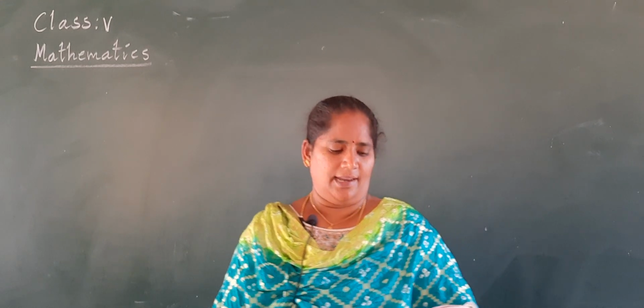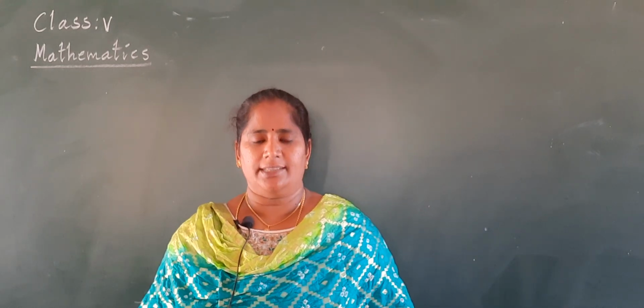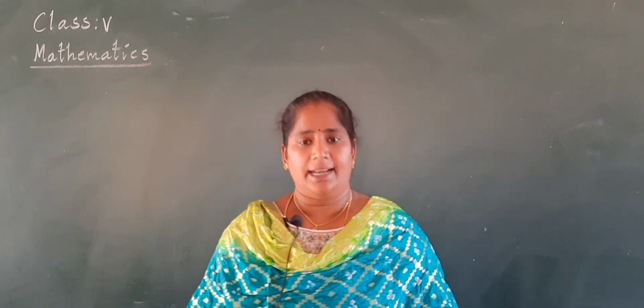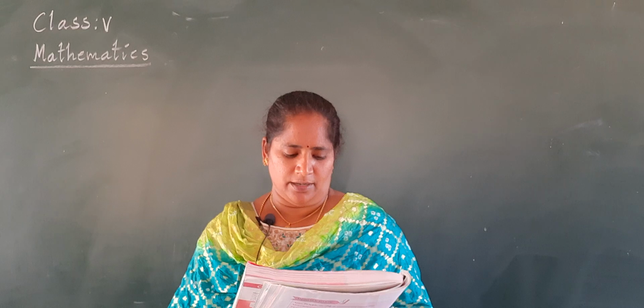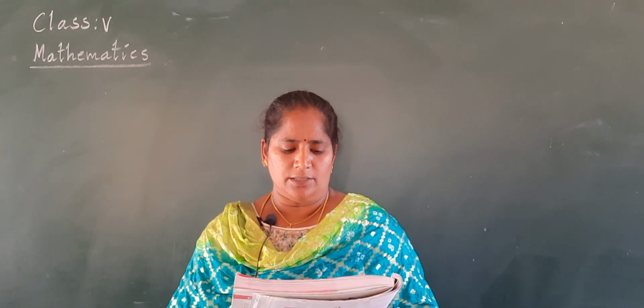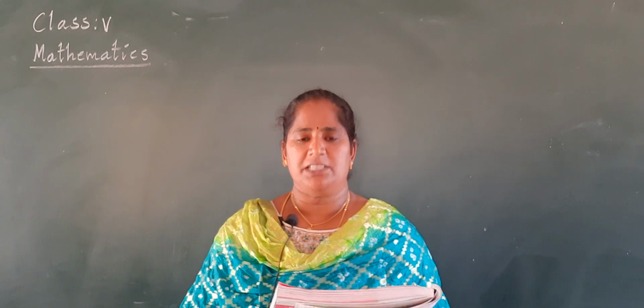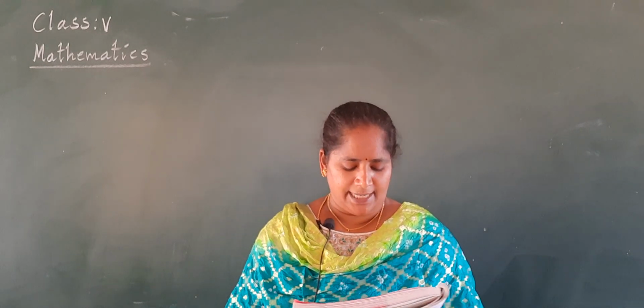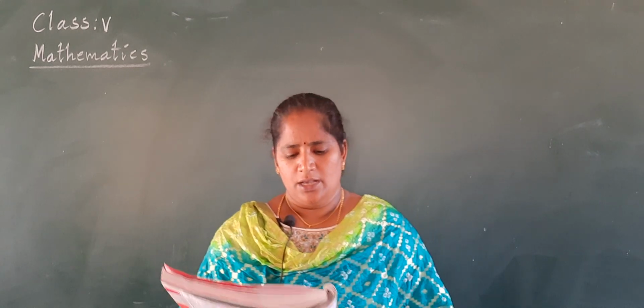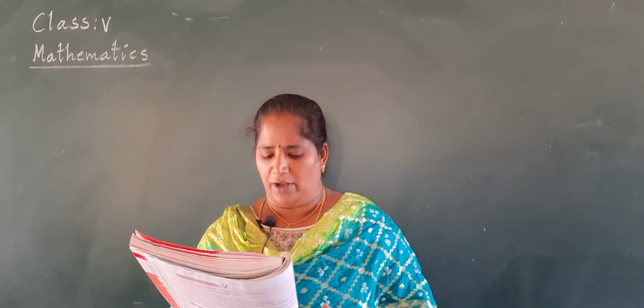Okay. So in the previous class we started this chapter revision, the second chapter revision. We completed A Roman, B Roman and C Roman. A Roman is choose the correct option. B Roman is choose the correct operation. Operation means plus or minus. And C Roman is state whether the following are true or false. So once again we revise the true or false.